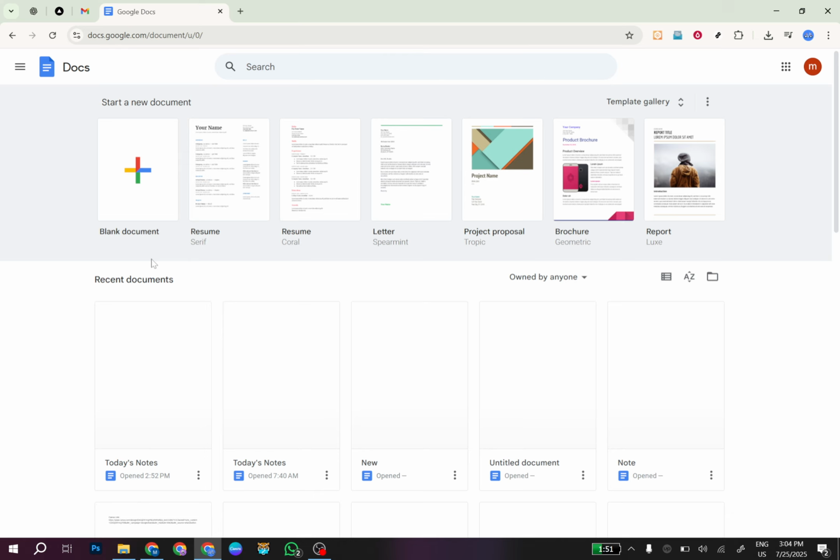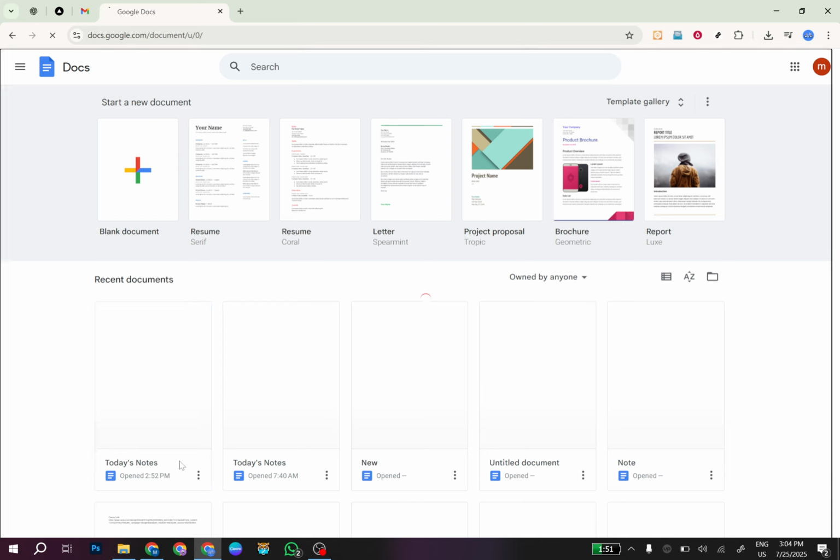You're going to select the File option located in this top toolbar. This is where you'll find a variety of document options and settings. Clicking on File will bring down a drop-down menu full of useful features. In that menu, look for an option labeled See Version History. Clicking on this will open a new pane on the right side of the screen, displaying a timeline of previous